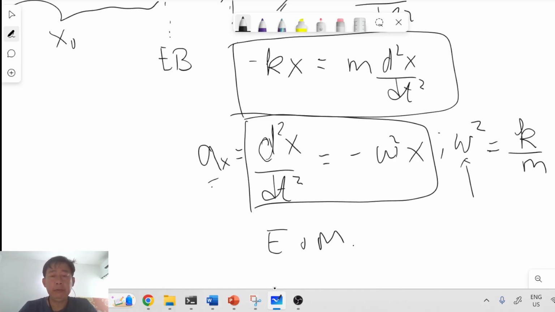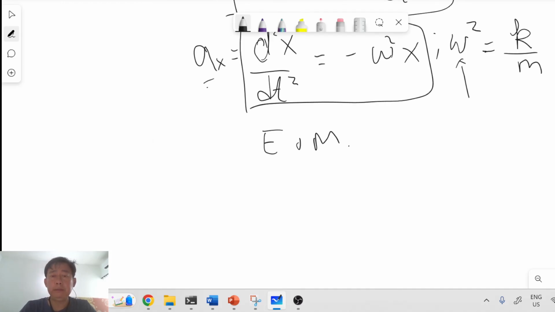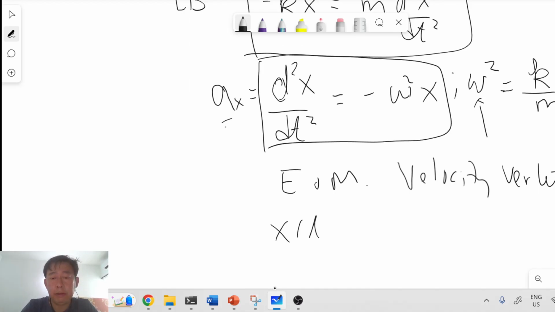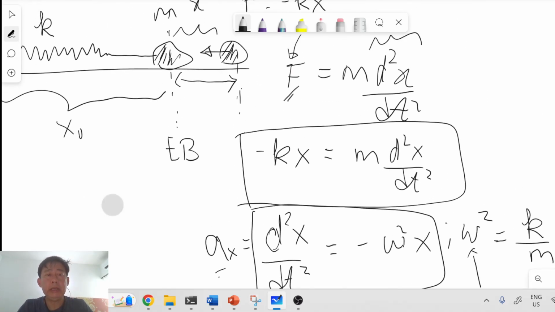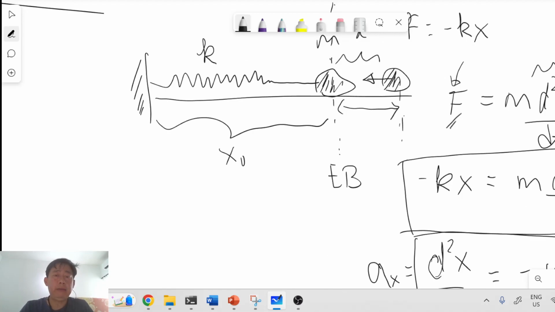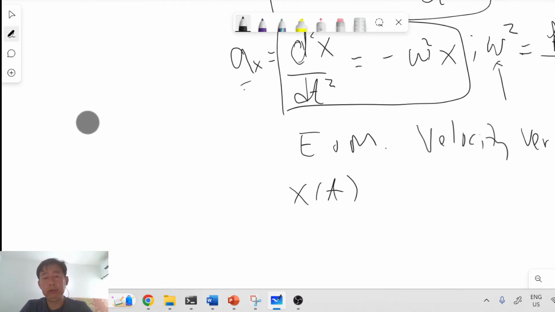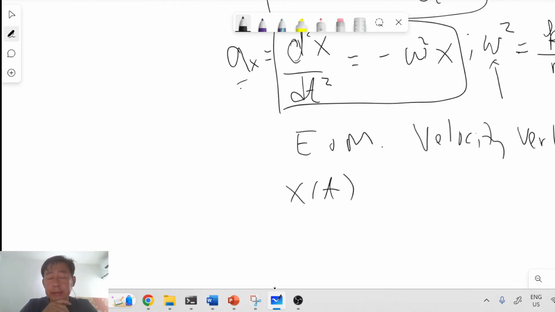Once you have written down the equation of motion for the particle, it is now possible to apply the velocity Verlet algorithm that will allow you to trace out how the particle's position x changes from time to time. In the actual situation, when you set a simple harmonic oscillator into motion, you first have to specify the initial conditions of the system. There are two initial conditions